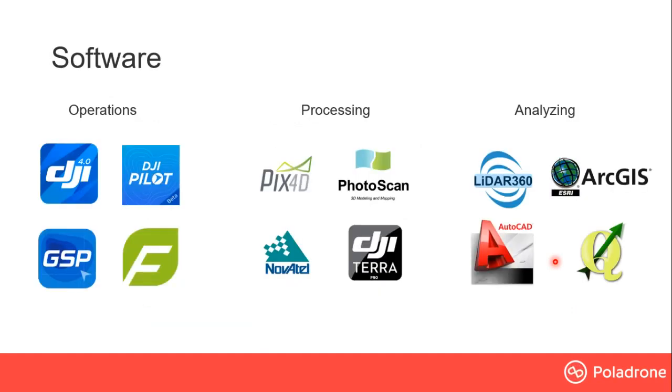Next, I'm going to talk about the software. For software itself, there are also three types. As you can see, we have operational software, which you use to control and also make waypoint planning for your drone. And then we have processing software, where once your drone is finished flying and taking all the pictures, you need software to stitch all the photos together to make one big map. And then once you have one big map, you need analyzing software to create photogrammetry measurements or anything to give you an actionable outcome with the different outputs that you want to use.